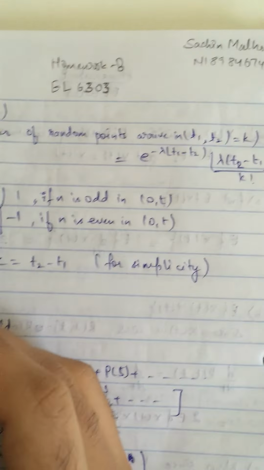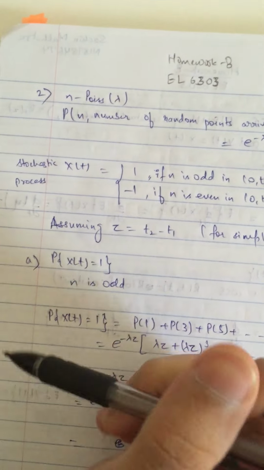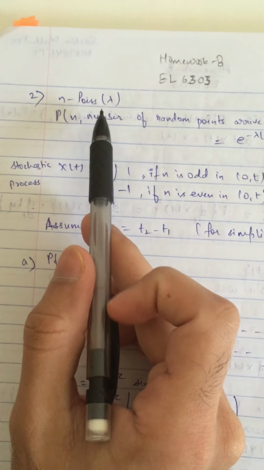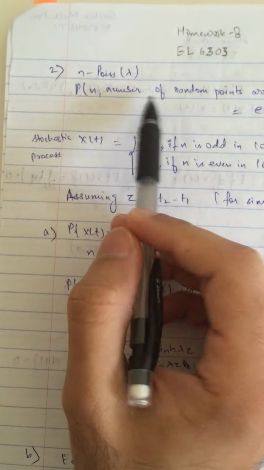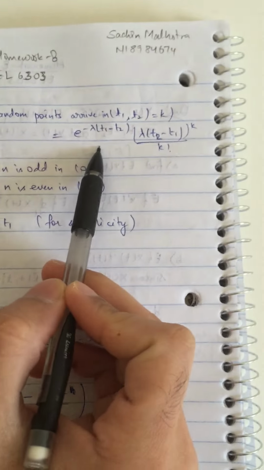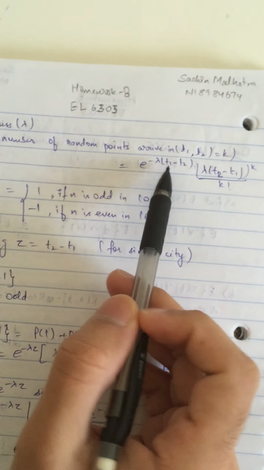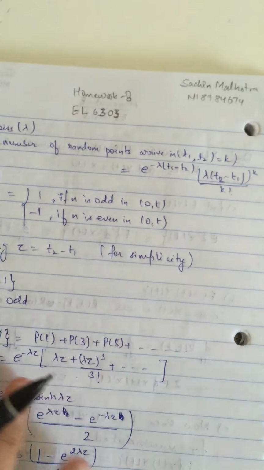Today I'm going to be solving problem 2 for homework 8 for EL6303. In the question we are given n is a Poisson random variable with parameter lambda, and we are also given that is the PDF of the Poisson random variable where the parameter t is given as t1 minus t2, and